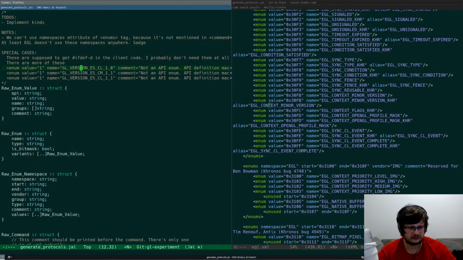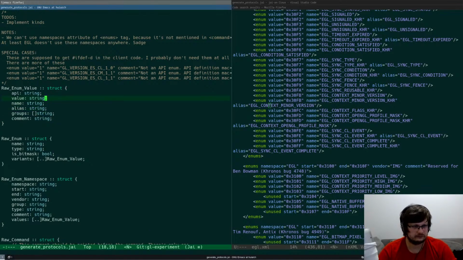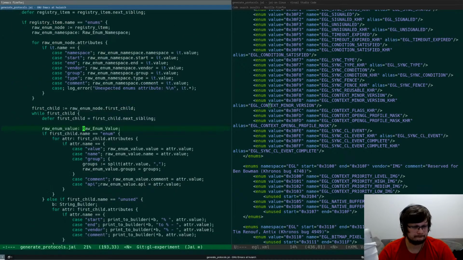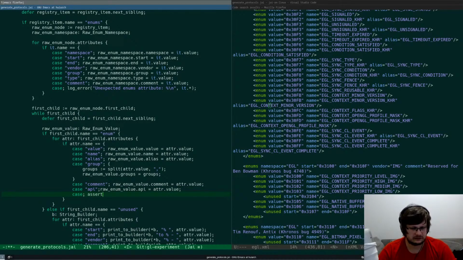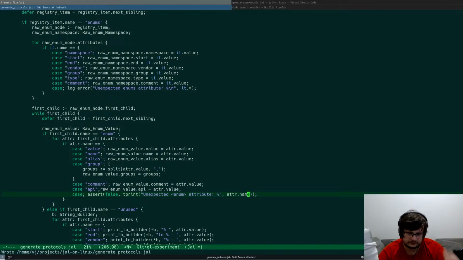Wait. It's a raw enum value, right? Value name, groups, comment. Huh, interesting. Let me do alias as well. Value name group. Let me do this case, assert false. Expected enum attribute was uttered at name. There you go. So if I try to build it,